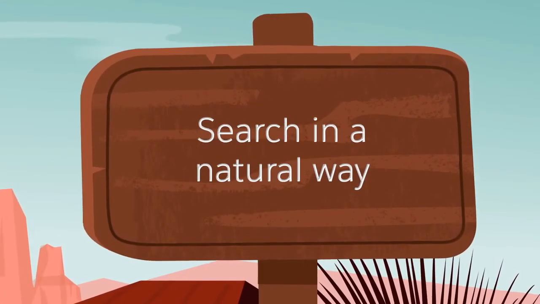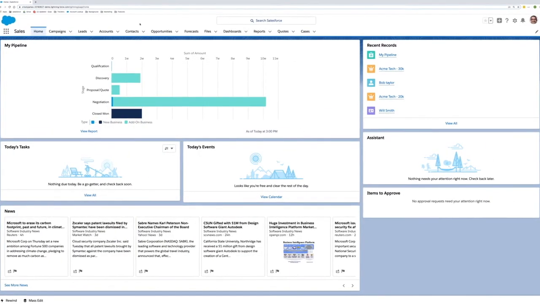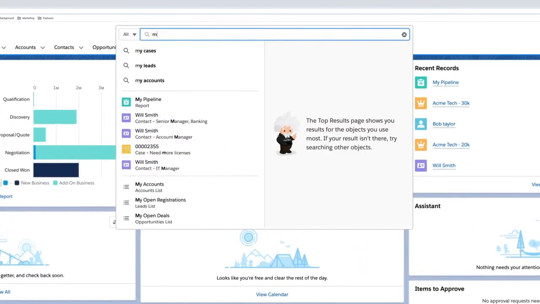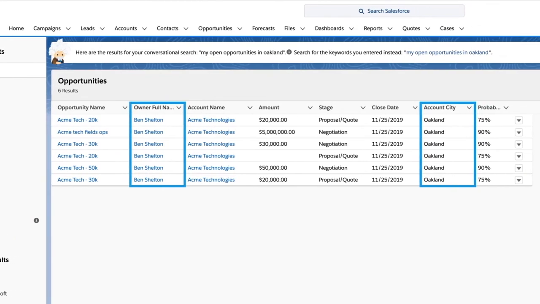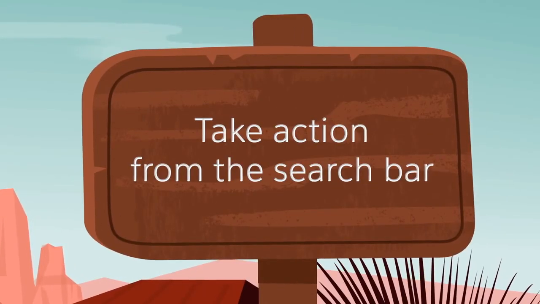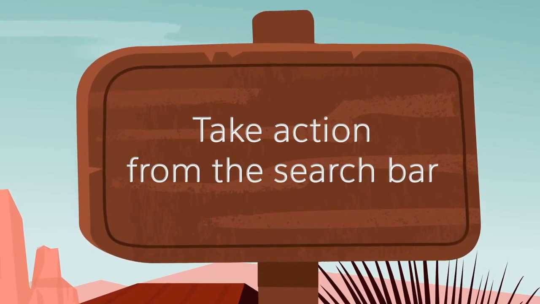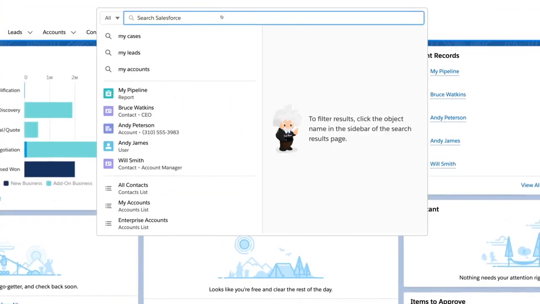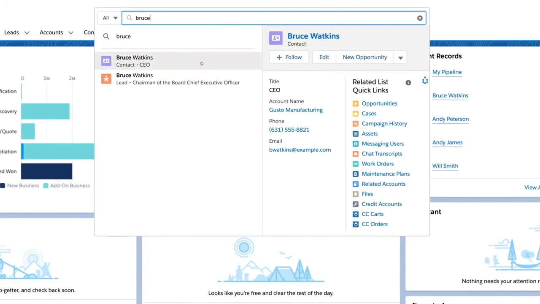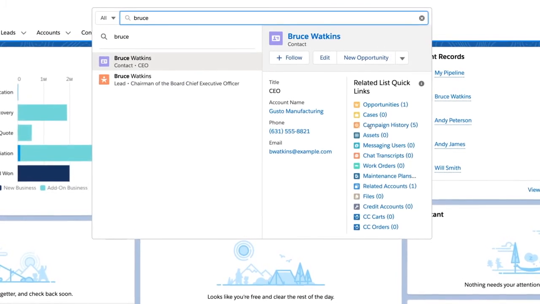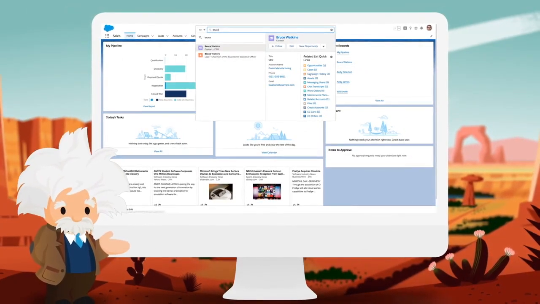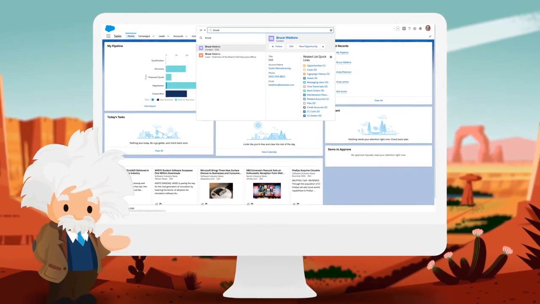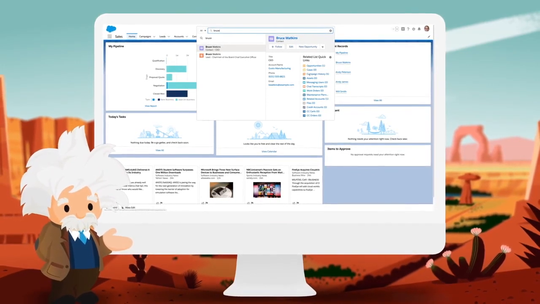Einstein Search supports natural language queries. What does that mean? It means you can type something like, "My open opportunities in Oakland," and Einstein will interpret this to surface the right opportunities for you. Pretty cool! And finally, Einstein Search is actionable. You can take action right from Search, like creating an opportunity from a contact, or accessing a related list. Einstein Search brings the power of AI to the search experience in Salesforce and makes users more productive and happier.